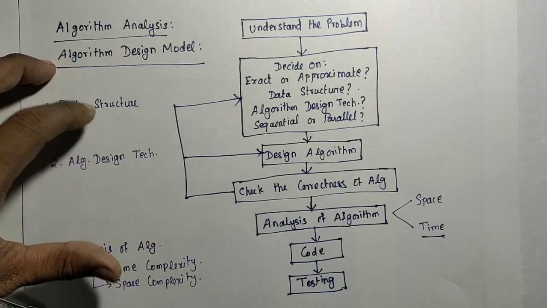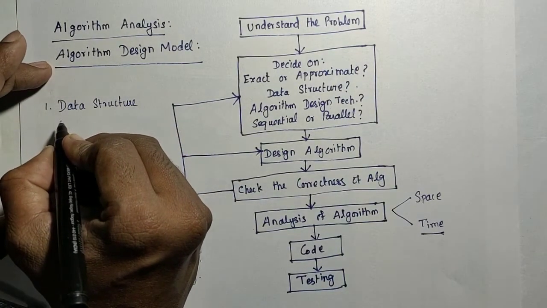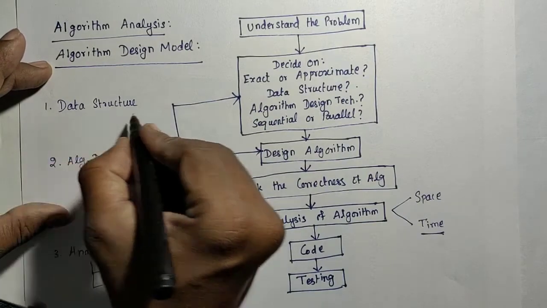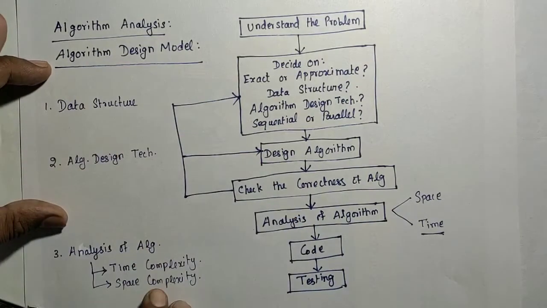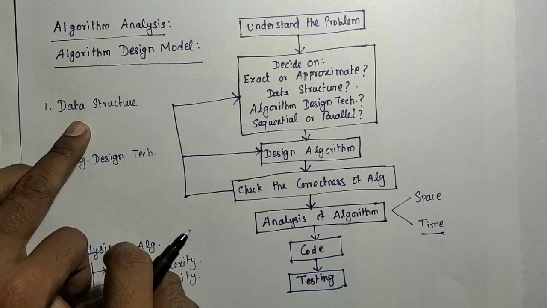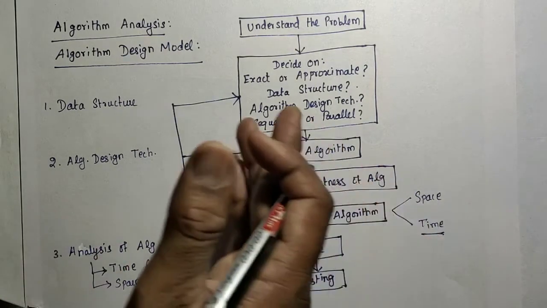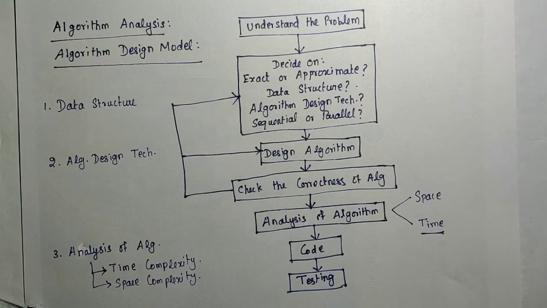And data structures. For that, we need to have knowledge of all the data structures. For designing the algorithm, we are going to learn the different data structures, what the advantages and drawbacks of different data structures are, how they store the data, and how we can retrieve the data efficiently. Like that, we are learning the data structures concept along with the algorithm.